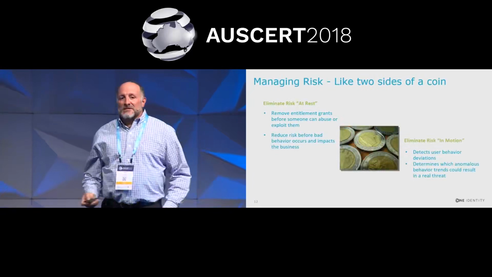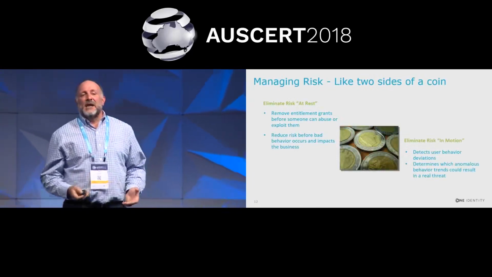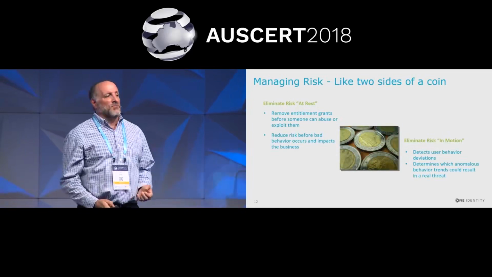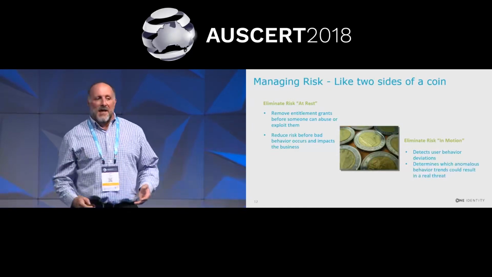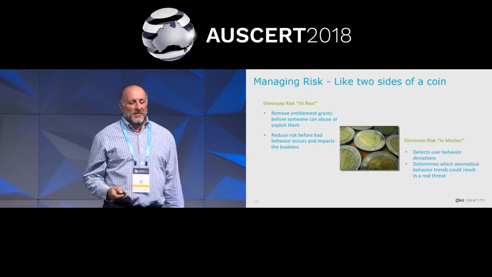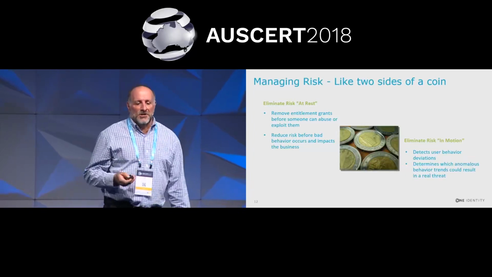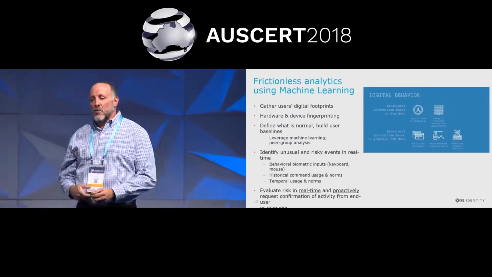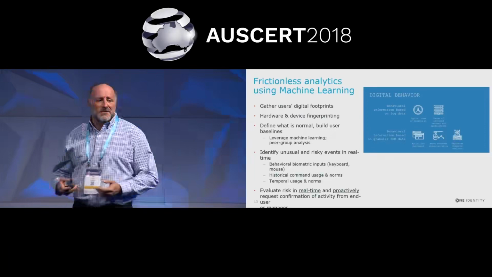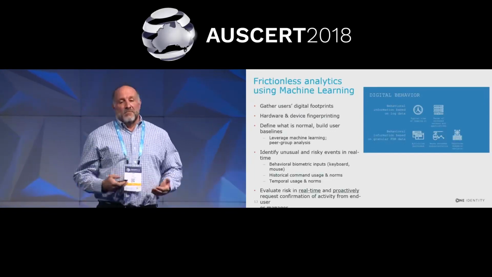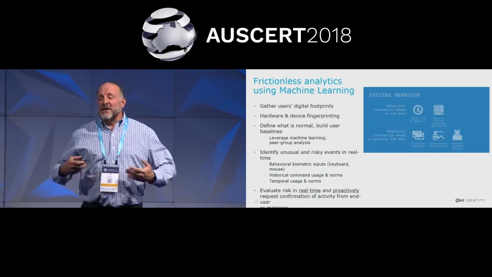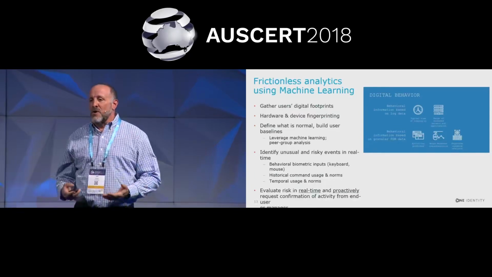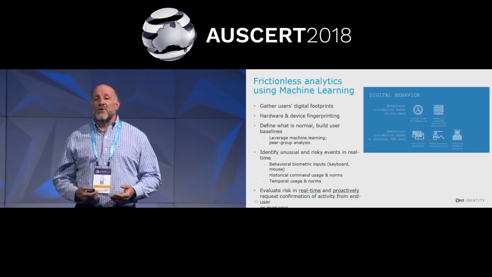So managing risk, as I said, there's eliminate risk at rest. That's by using the identity analytics and seeing who has privileges that they no longer need or that they've gotten in a manner that they shouldn't have. And then eliminate risk in motion. Risk in motion is the behavioral analytics and being able to respond in real time towards things that you see. So we're doing a lot right now with behavior analytics, and because we're proxying you through a session, we have the entire protocol stream going through there. We can see what they're actually doing,